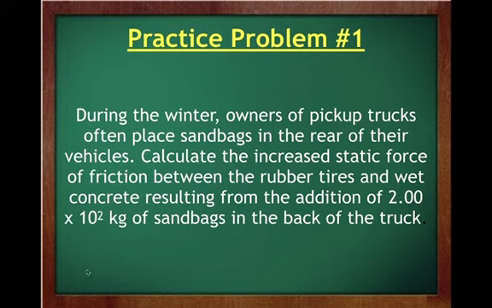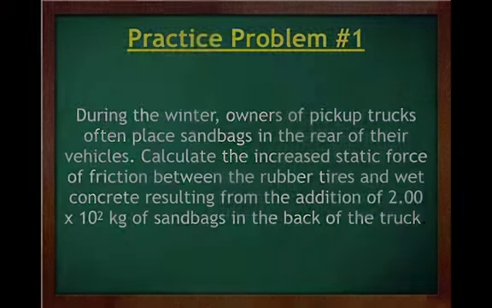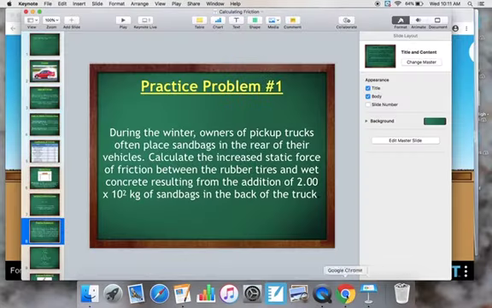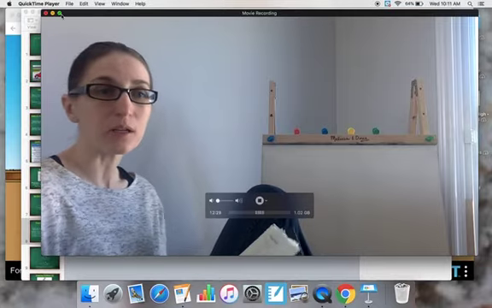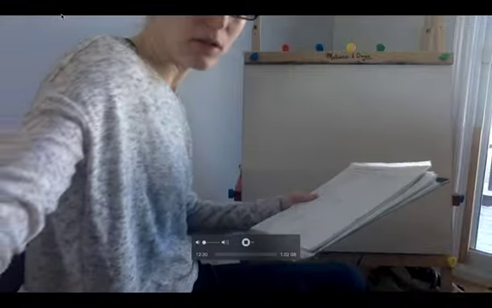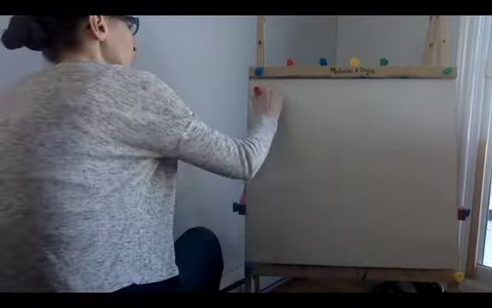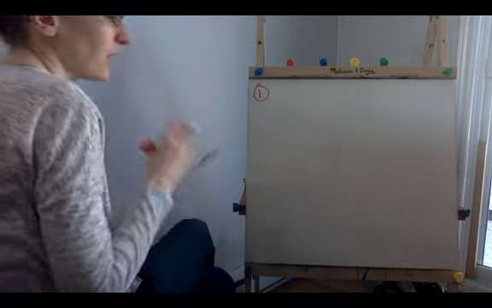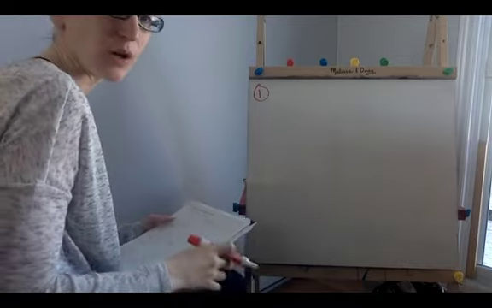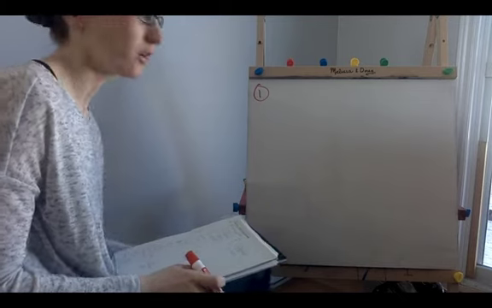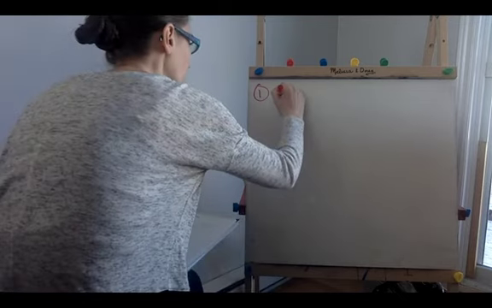So we can just figure out what that force of friction is using that value. One of the things we first needed to look at was the coefficient of friction based on the question: rubber tires on wet concrete. And when we look that up